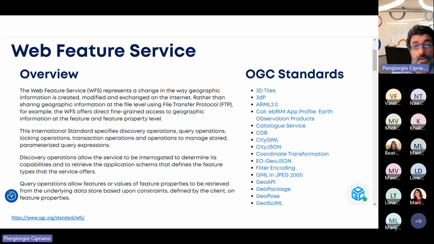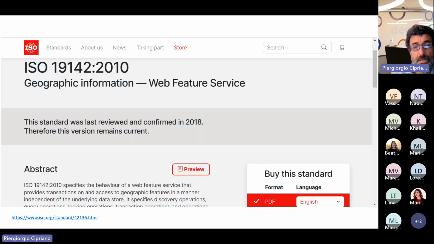We are mentioning both standards, WMS and WFS, now because we would like to introduce some practical examples of data interoperability, looking at some examples of WMS and WFS application in practice.